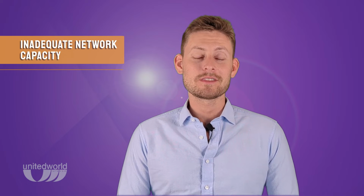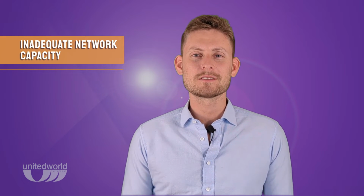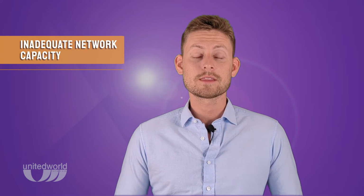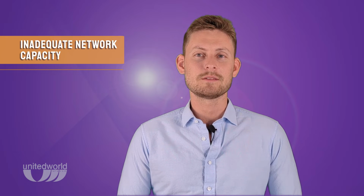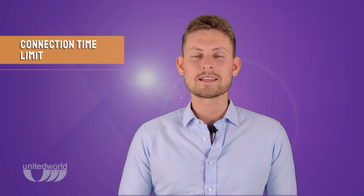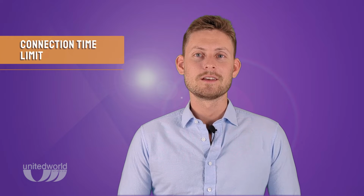The most common culprit is inadequate internet bandwidth and speed. Slow internet, low bandwidth capacity, poor signals, and network congestion, all these can ruin your calls, since your VoIP calls won't get the priority they need to deliver efficiently. Now sometimes VoIP providers put a cap on call time to protect users from excessive billing charges and to avoid line congestions. This means that your calls might have a typically short duration limit. But if your internet connection is sufficient and you aren't facing connection timeouts, then your problem may lie with the